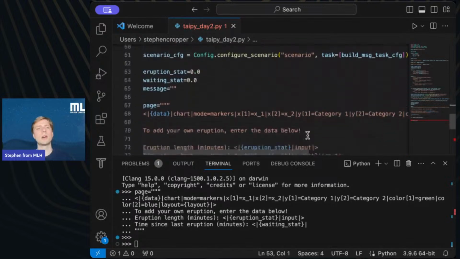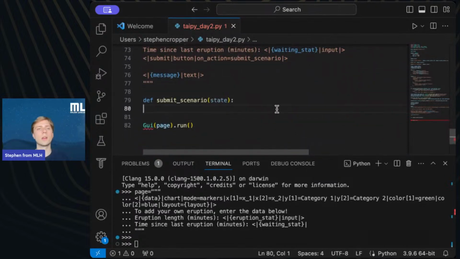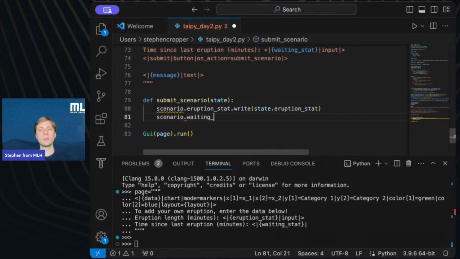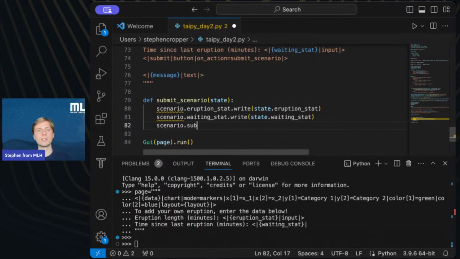So we'll do that below the page, right where I started doing this, and then kind of got sidetracked by the other function we were building. But remember that our scenario has this eruption stat node because we called it the same exact ID. We did that for a reason, by the way. Remember I said it would make it easier, and now it's making our lives easier. We don't have to remember all this stuff.